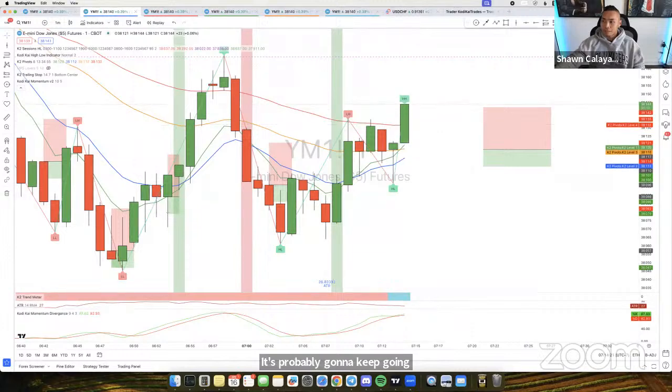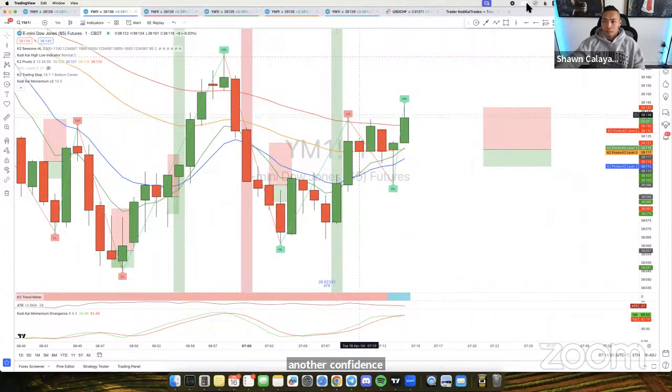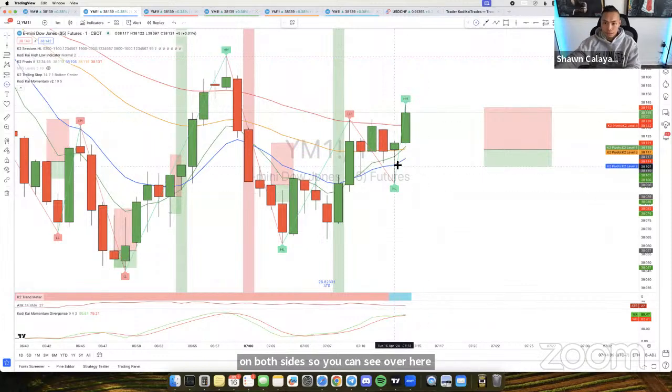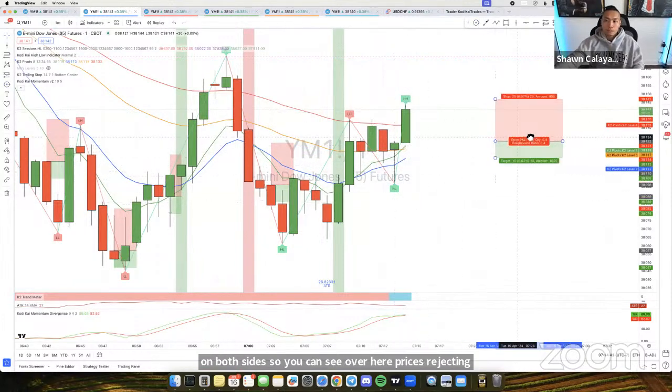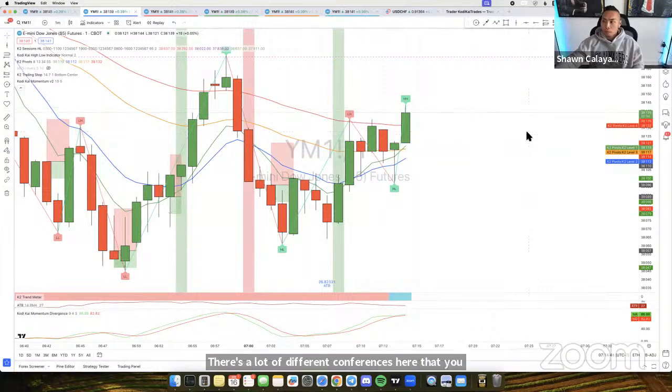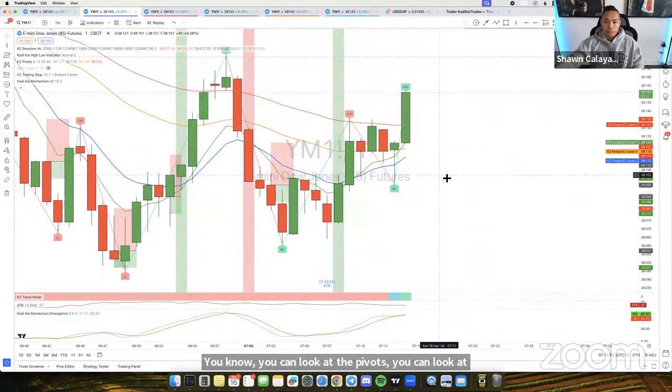Yeah, Josh is sitting on my hands. The rejection off the level 4 pivot concerns me. Yeah, no, and you're smart with that too, Josh. That's another confluence. Another confluence right there. The rejections off these points, rejections on both sides. So you can see over here, price is rejecting off this pivot, and then also price is rejecting off this pivot. There's a lot of different confluences here that you guys can use. There's not one thing to really focus on. You can look at the pivots, you can look at the divergence, you can look at the signals, you can look at a lot of things here. But